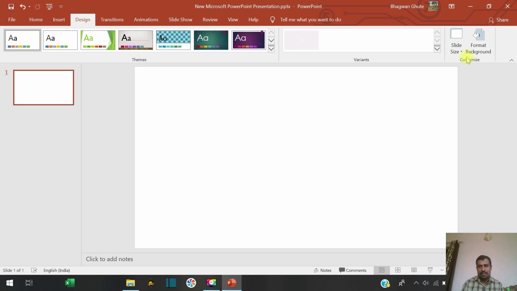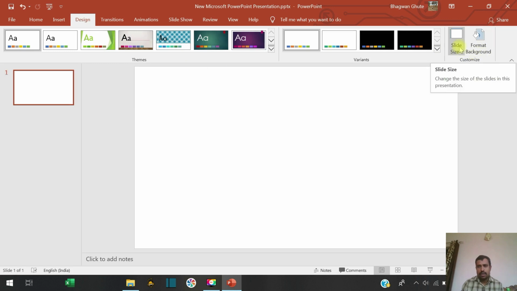In design, there are again different options: slide size and format background. As soon as you click on slide size, there are different sizes. Standard has a ratio of 4:3, whereas widescreen has a ratio of 16:9. So for making a thumbnail, you should select widescreen.